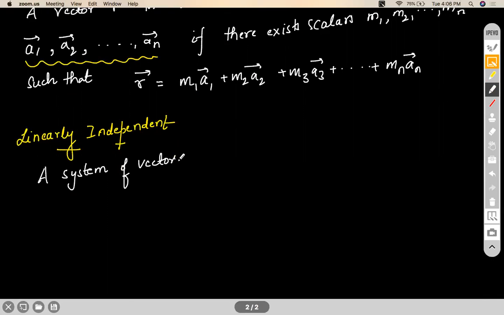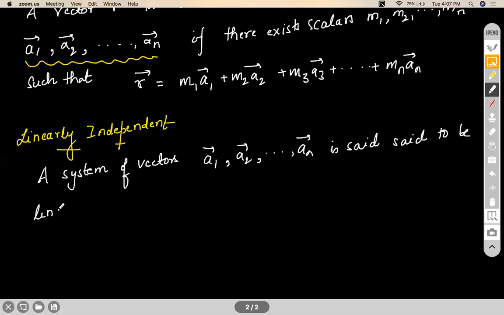A system of vectors a1, a2 till an is said to be linearly independent if